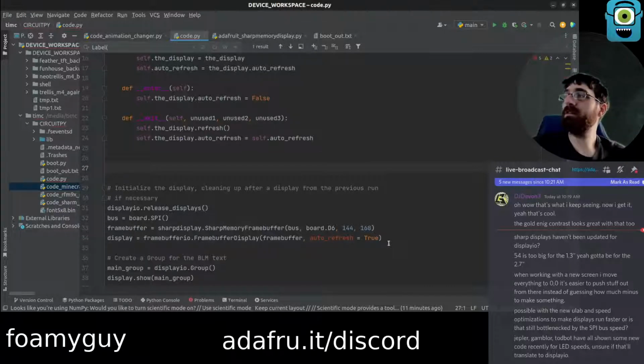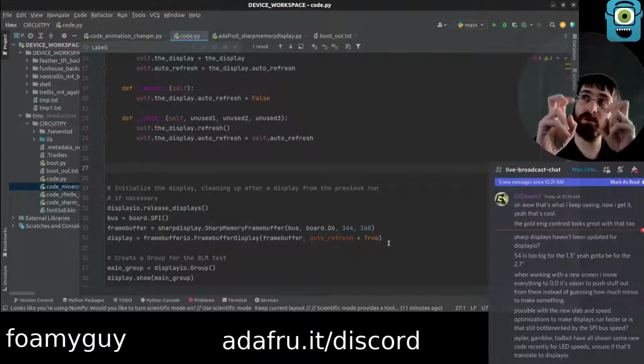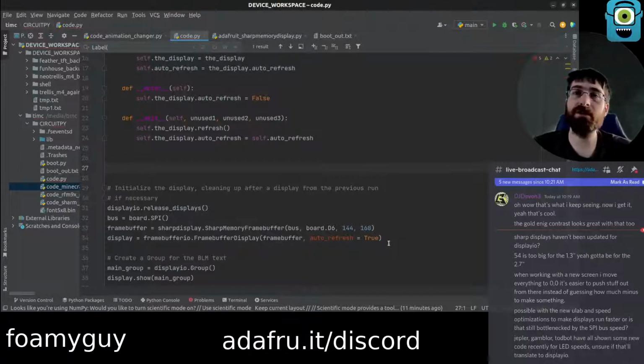As for LED speeds, I would assume that it is unlikely to translate to displayio, with the perhaps one exception being something like a Matrix Portal where you have a displayio display that is actually just RGB LEDs. In that case, my guess is maybe you get some speed up from the work that they are doing. In the case of a standard LCD display or a Sharp display or anything like that, my assumption would be that the work they're doing now doesn't apply there, but I also don't actually know for sure.